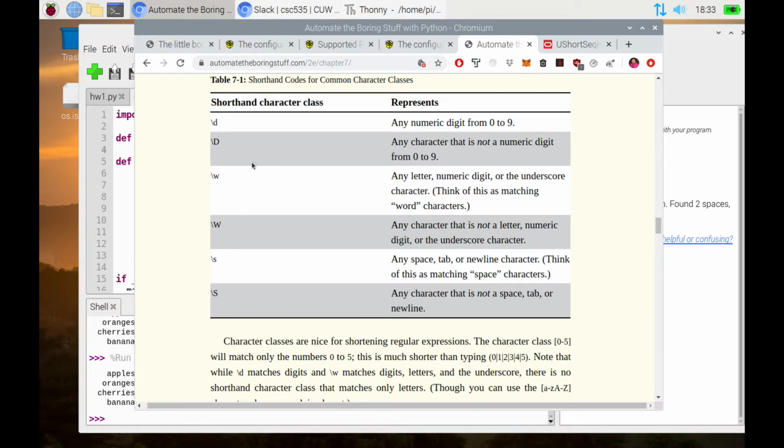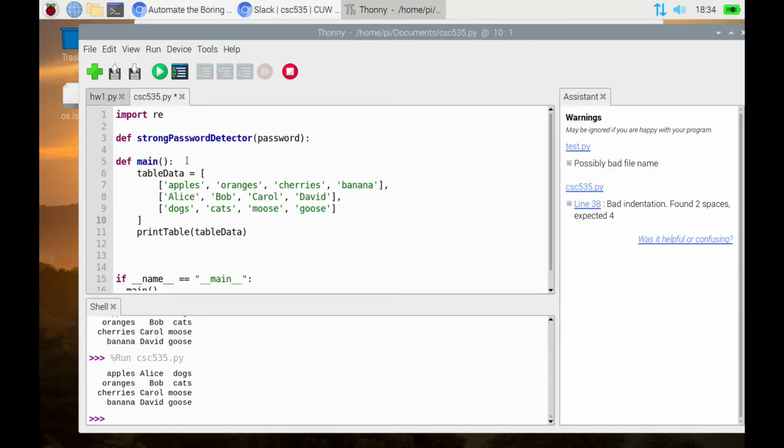Because one of the things we are looking for in a strong password is that it has to be at least 8 characters long. It has to have at least 1 lowercase character in it. It has to have at least 1 uppercase character in it. And it has to have at least 1 number in it, right? So could I create